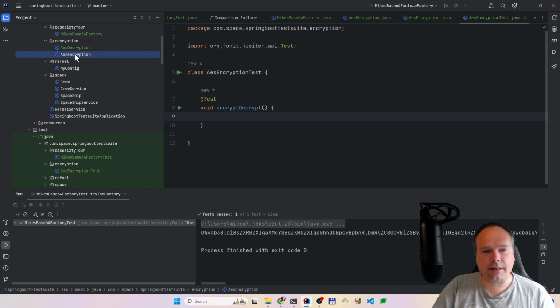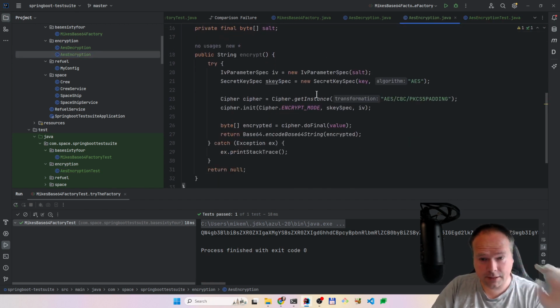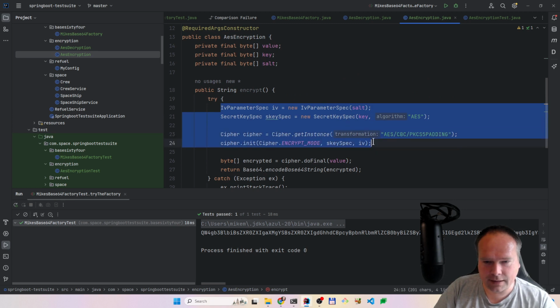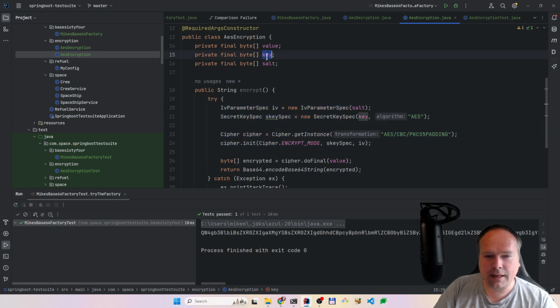I have created an AES encryption class right here. And what does this do? It takes a salt. A salt is used to make it more random. So that is the salt, and then you have a key. That is the key that is actually made to encrypt the data itself. So the key is the one that you need to be able to decrypt the data afterwards. Without that key, no one can actually see the data. That is the whole point of